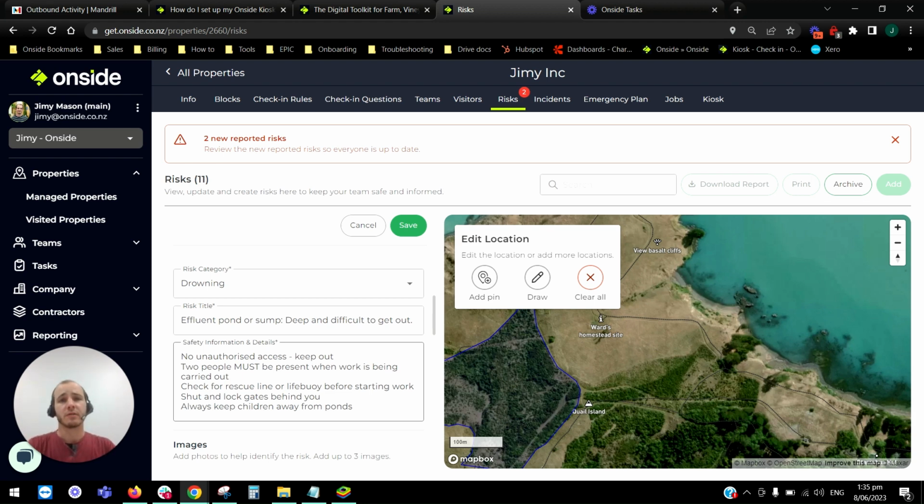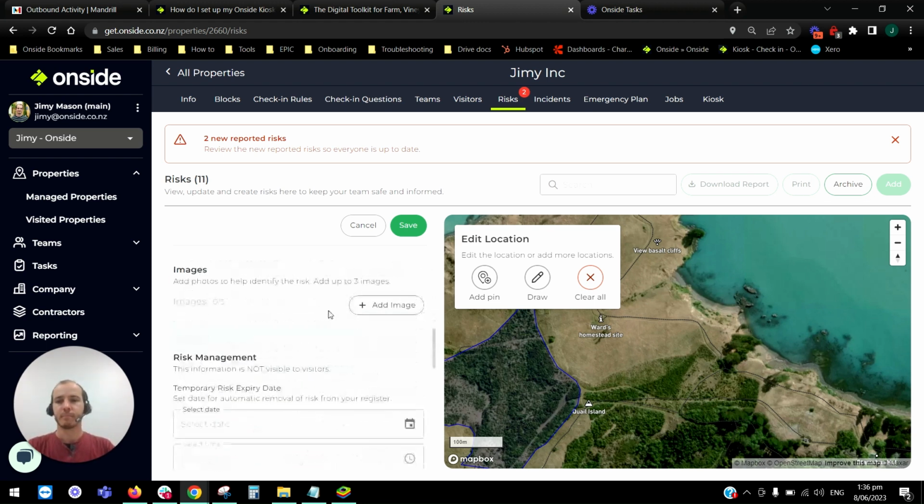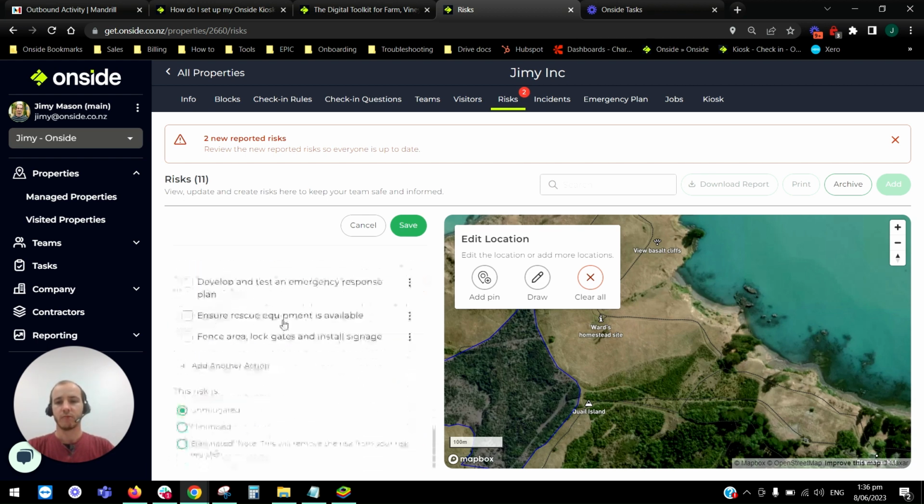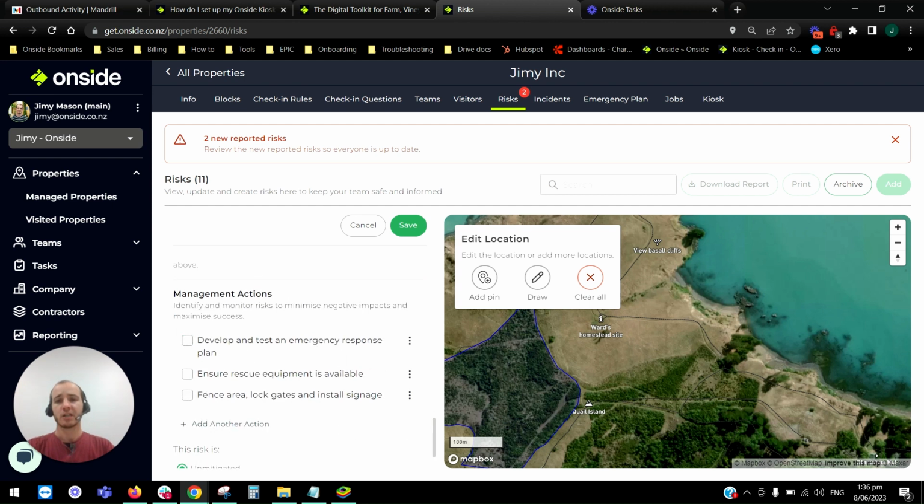All of this information is adjustable, so I can decide it's actually not a sump. I'm going to get rid of that. I'm going to say not to shut and lock the gates behind me. So chop and change as you need to. Maybe add some images, and then again, those same things we saw before. The management actions or the suggested management actions will also show here. If they don't apply, just hit remove